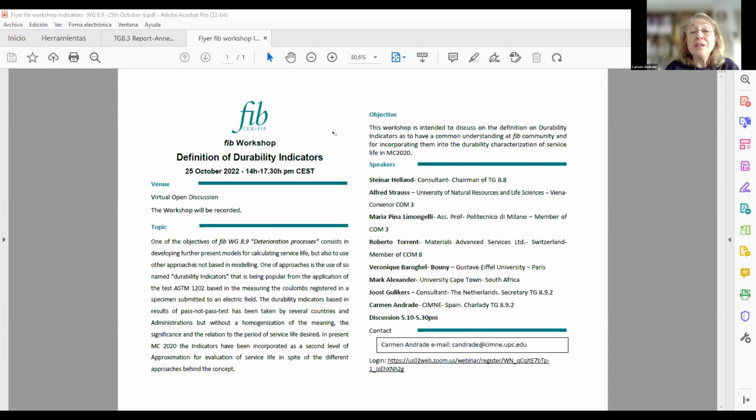Our objective is that this workshop tries to discuss the definition of durability indicators, and we have a set of very good presenters today. I will start by introducing Commission 8, and then Alfred Strauss, the convener of Commission 3, will take the chair to present Commission 3 and his presentation. The rest will follow the order that is in this flyer. Thank you all for attending, and I will present Commission 3